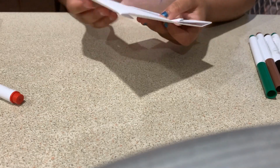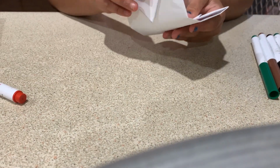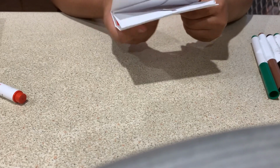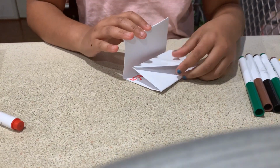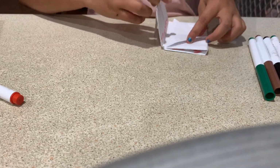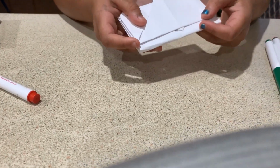to do the next part, you have to bring it over and do the same on the other side. Bring it so that the triangle tip is at the top. Now, for the slightly tricky bit, you must tuck them in. If you have done it correctly. If you have done it accidentally and you have done it incorrectly, there is still a way to do it. You bring it in like that,